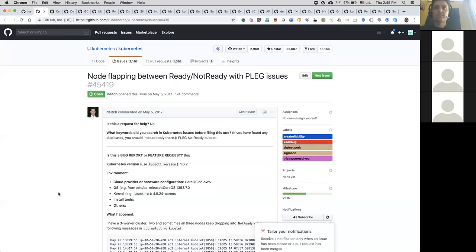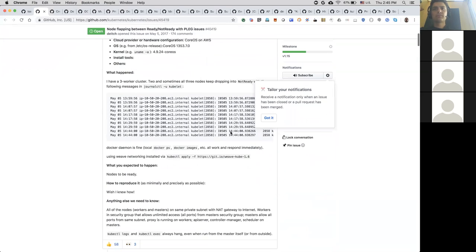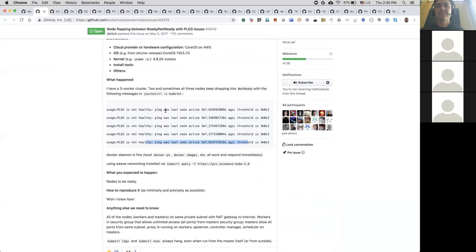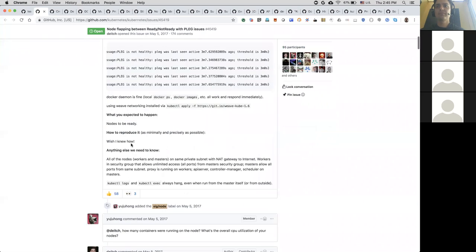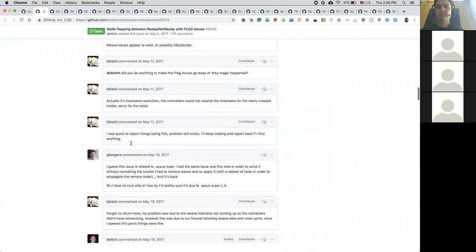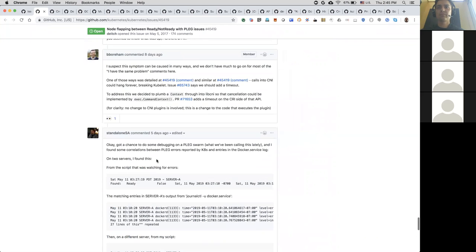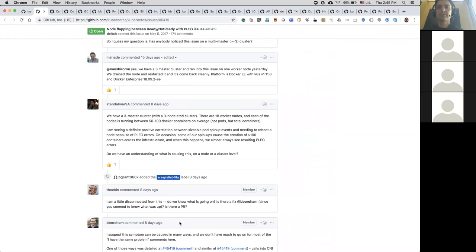Okay, flag node issues. This is a node problem, right? Let's see. What is a plague? Flag is the pod life cycle or something. Event generation. Oh yeah, event. This is super old. Oh, you know what? I have seen this when Docker gets wedged because PLEG loop talks to Docker continuously, and there were cases where it used to do that. Oh, well, it was 5 days ago. Oh, really? Ooh, man. Okay.